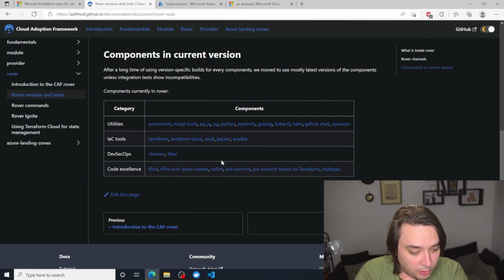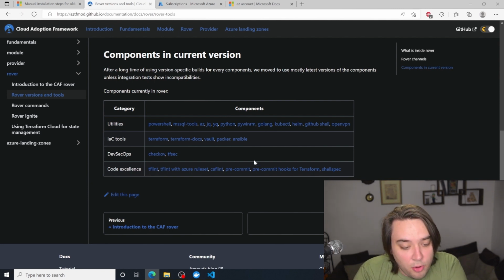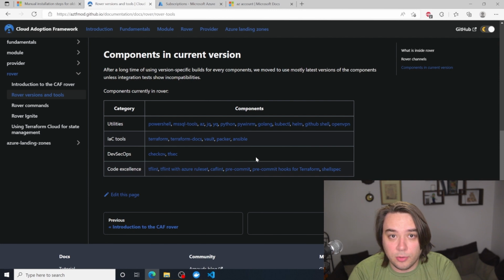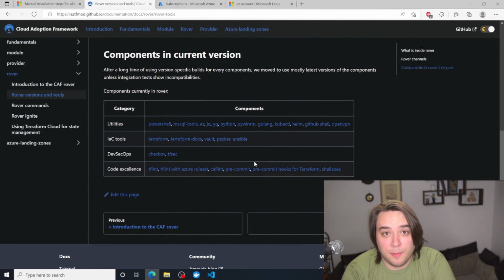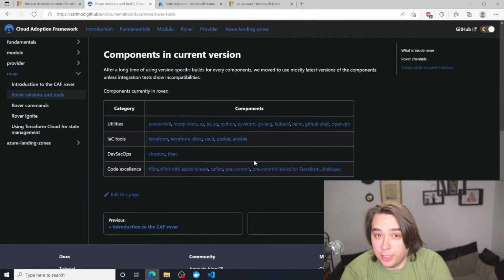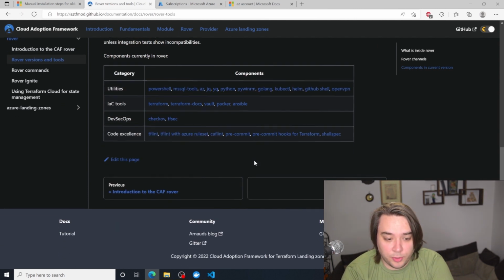There are a lot of tools installed here, and to be honest with you, if you're going to work on your local environment and start deploying things from your local environment to Azure, which you really shouldn't do, you should be using pipelines to actually deploy your infrastructure as code.